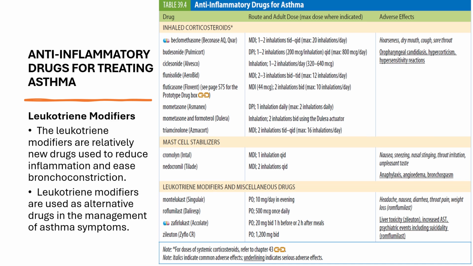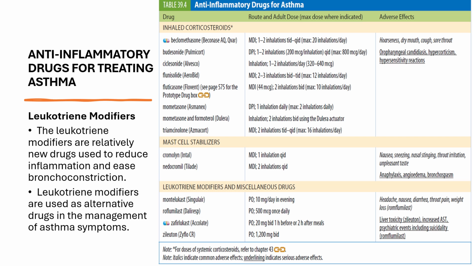Leukotrienes are mediators of the immune response that are involved in allergic and asthmatic reactions. Although the prefix leuko implies white blood cells, these inflammatory mediators are synthesized by mast cells as well as neutrophils, basophils, and eosinophils. When released in the airway, leukotrienes promote edema, inflammation, and bronchoconstriction. There are currently 3 drugs that modify leukotriene function.